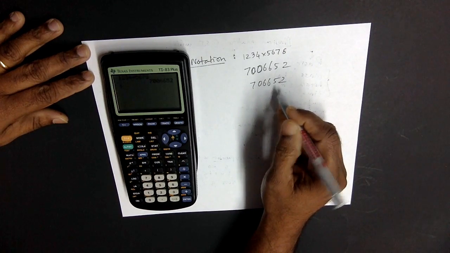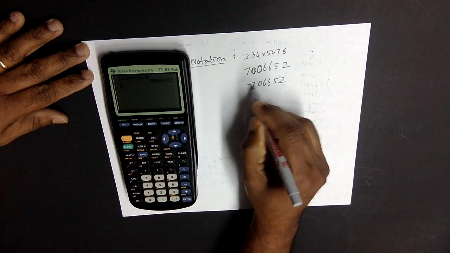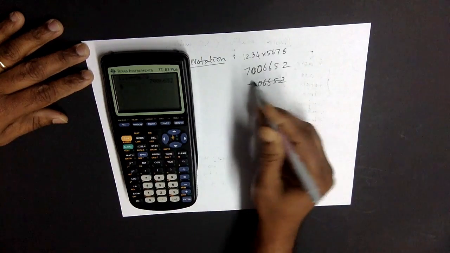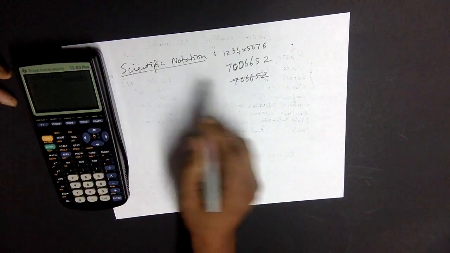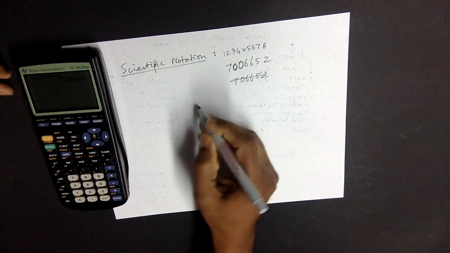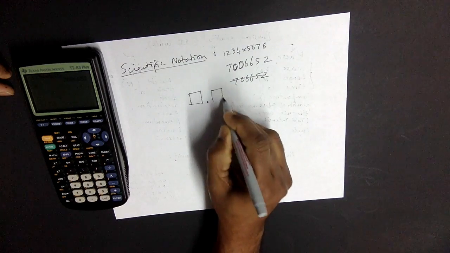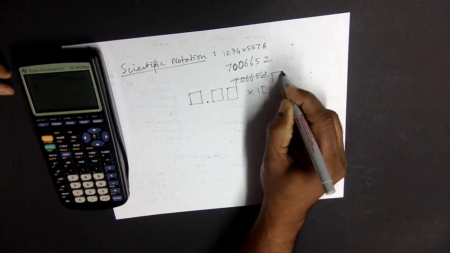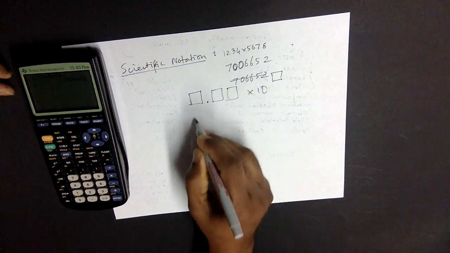So to not make such big mistakes, in scientific calculations, we express these numbers in what is known as scientific notation. For any scientific notation, we write one digit, decimal, other digits, and then times 10 to the power of one more digit. So if you have to express this in this format, I will have to write it as